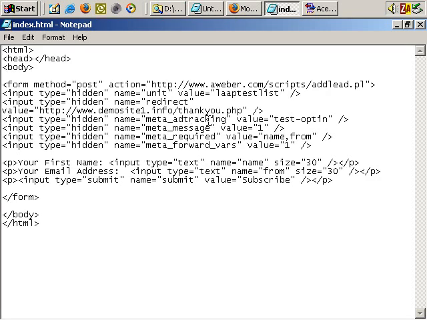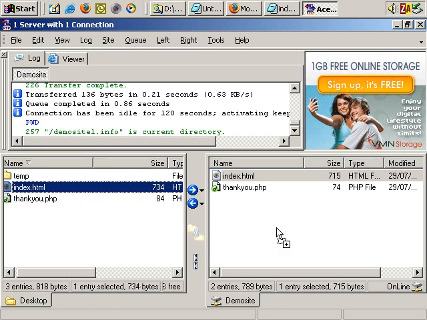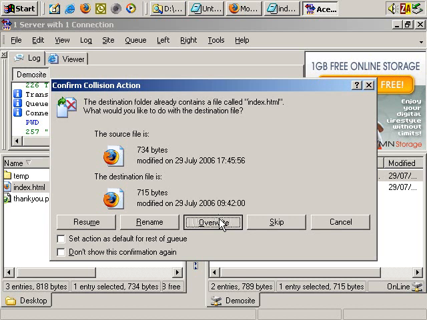and okay, here's the important bit, the meta forward variables hidden field. And of course it may have a different name, whichever service provider you're using, but this is the one Aweber stipulates, the name Aweber stipulates. So if we change the value from 1 to 0, so 1 effectively stands for yes, 0 stands for no. If we change that to 0, save, go to FTP, and upload the updated index.html file,